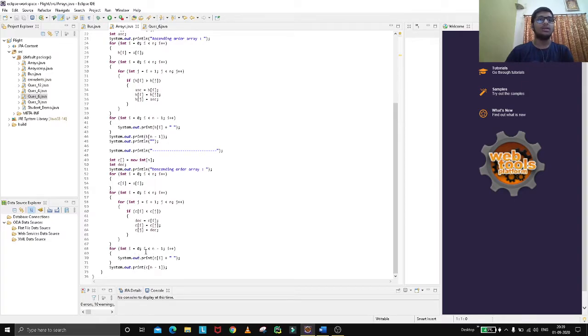Now we print from n minus 1 down, like if you provide 5 elements, n minus 1 will be 4 because the index value starts with 0, so it will go till 4. So as the code goes on, we print the c[i] elements from c[n-1]. So till c[4] we have to print because the index value goes from 0 to 4. If we provide n value 5, it will go to 4 only. So let's move on to run this code.